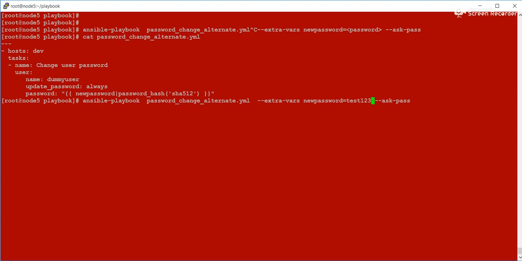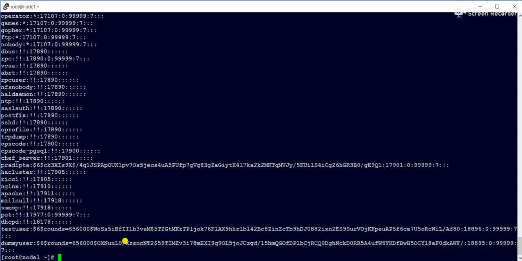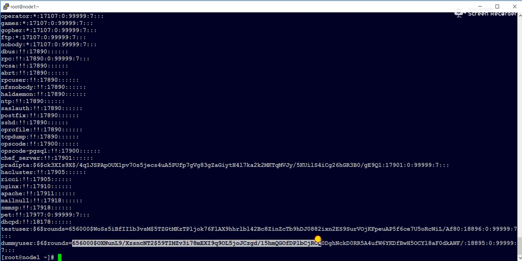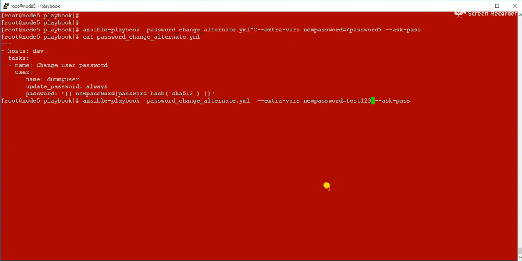Before execution, I just want to show you the value. Currently the value ends with something like a slash. We'll check that the value differs after execution. It is asking for the password, meaning the root user password on the remote machine.